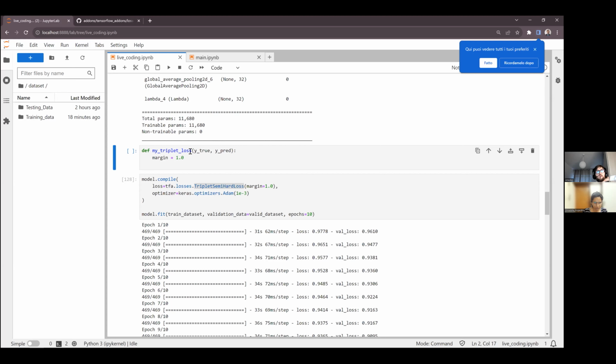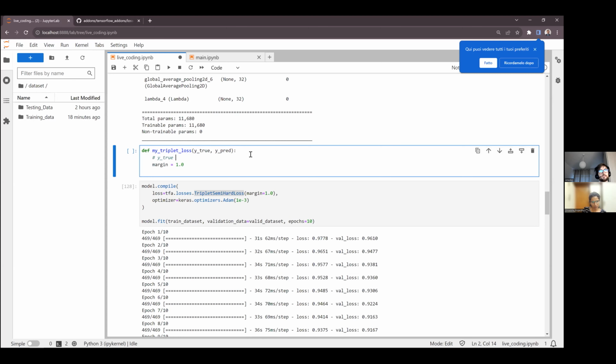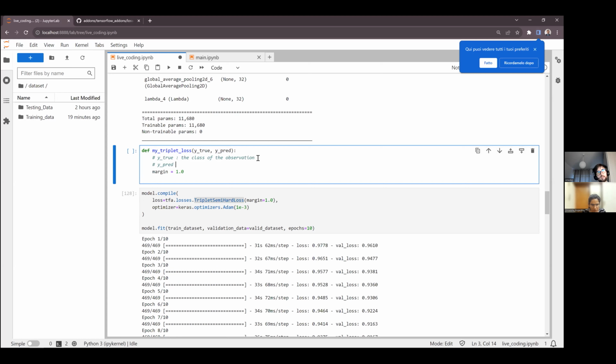We have these two fields as input for our loss function. The first one, y true, is the label, the class of the observation that will tell us if the images are similar or not. Then we have the y pred, that is not really the prediction of y, but the embedding of the images.